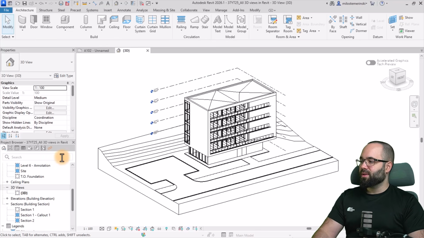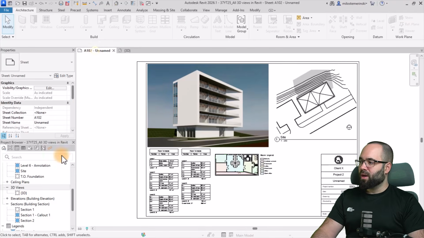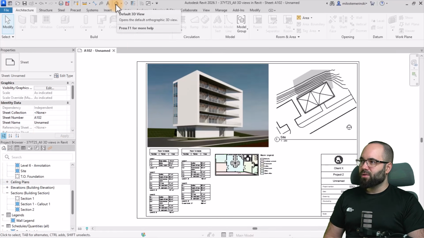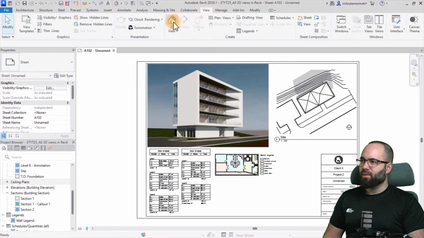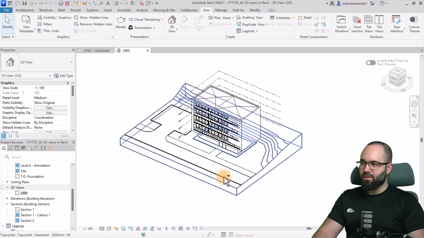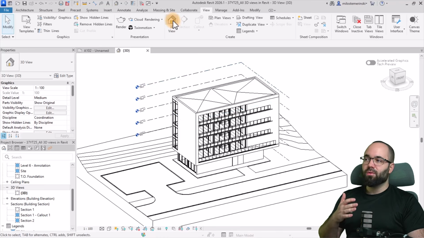Now this default 3D view is going to appear in the 3D views like this. So it's going to be 3D in parentheses. Now if I go to another view and perhaps delete this view, whenever I go here to the quick access toolbar and click on the default 3D view, or you can also find it here on the view tab, it's just going to open up that view, and that view is going to appear here under 3D views. So even when it's gone, whenever you click on the default 3D view, it's going to create it immediately. Now this default 3D view is usually going to be something like a working view. So this is what you use to work in Revit, and then you create other 3D views for the actual